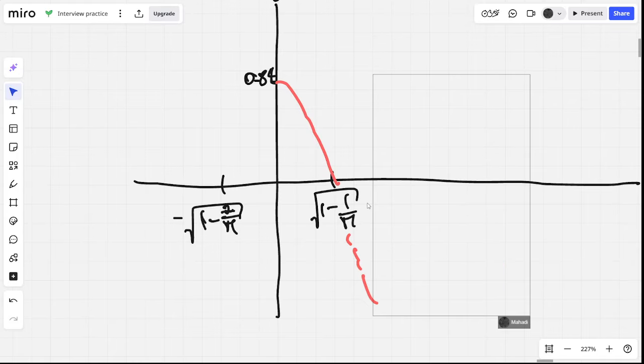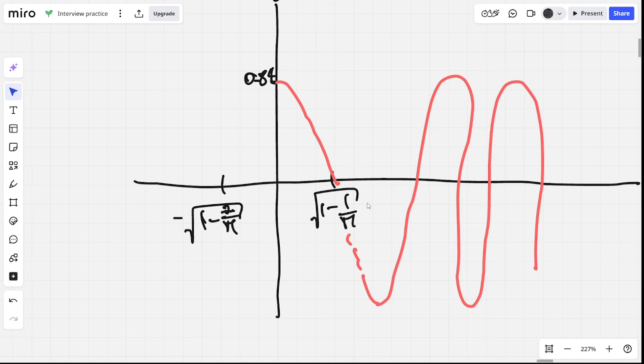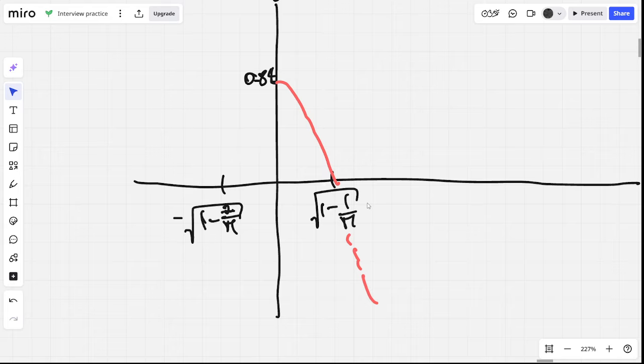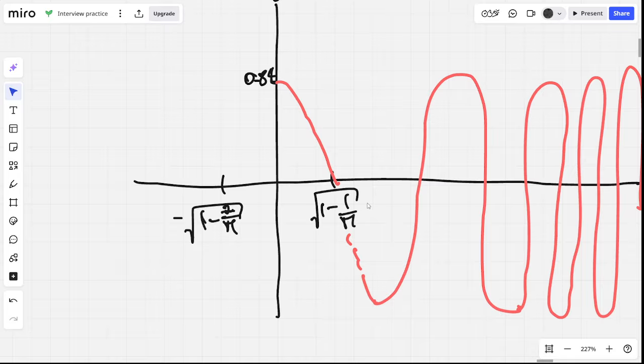It is drawn poorly. This is again drawn poorly. Okay, that's much better,